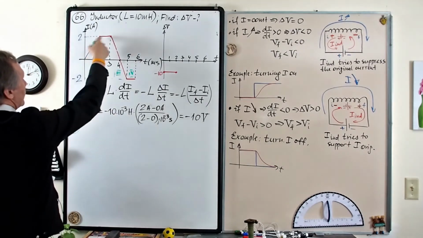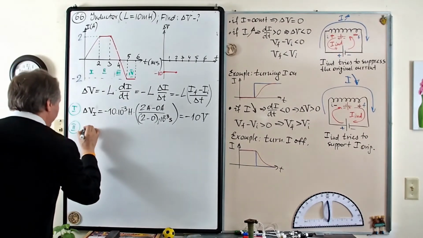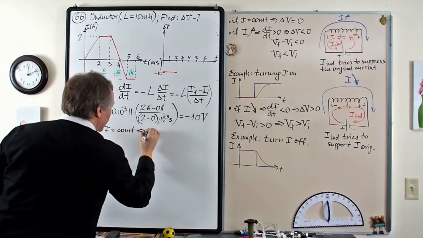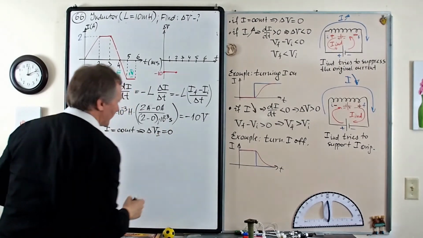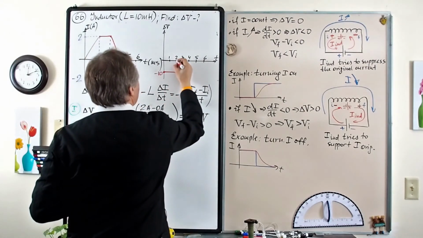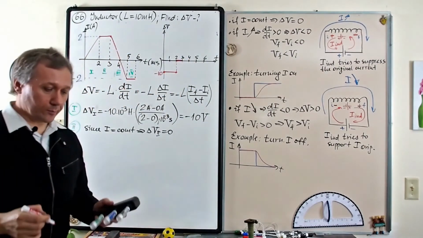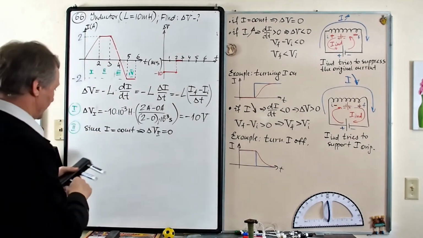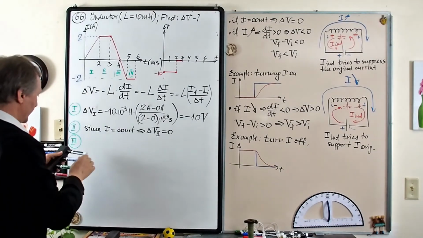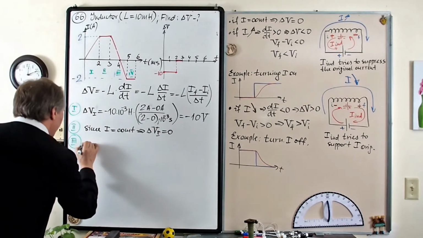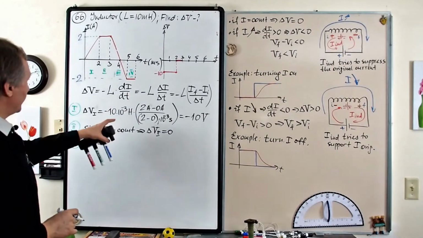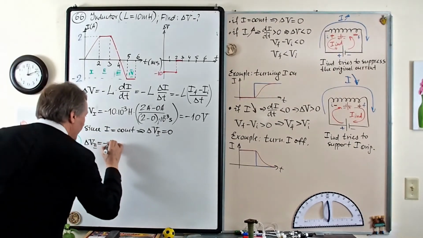Now the second region. Obviously current stays constant as a result. Since I is constant, immediately delta V over the second region is 0, right? So it's from 2 to 3, so a dashed line, and now it will be 0. The third region. Over the third region, now it's not going to be 0. So I will write delta V, the third region, equals minus,